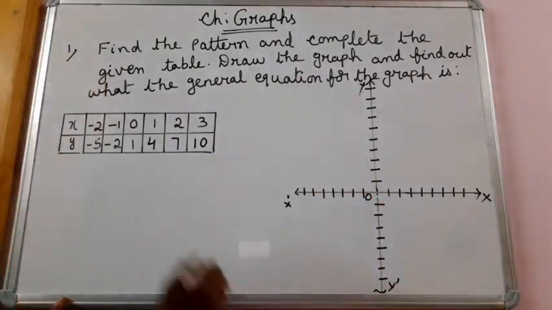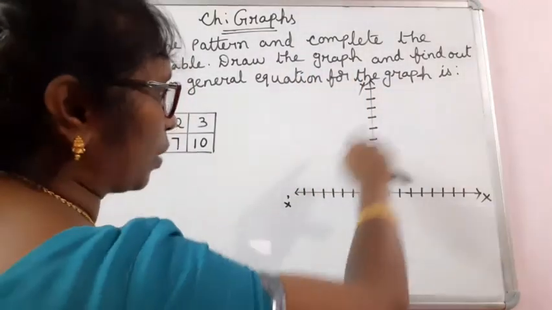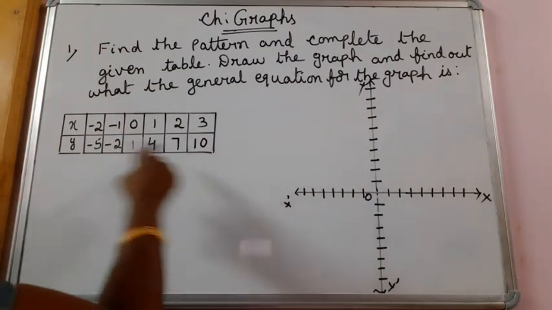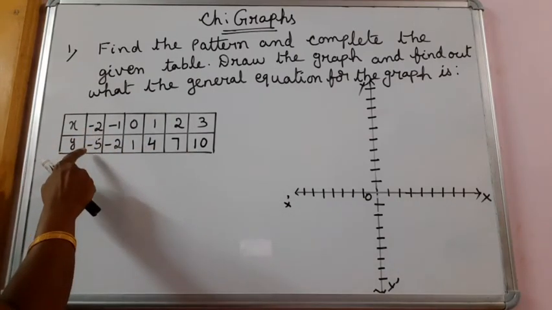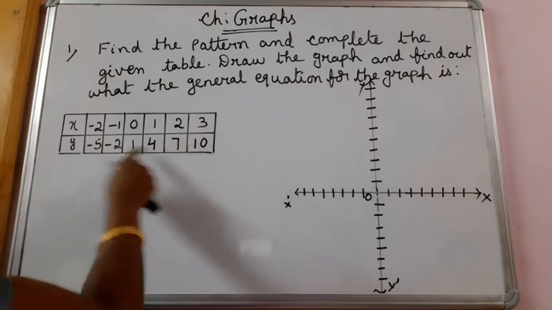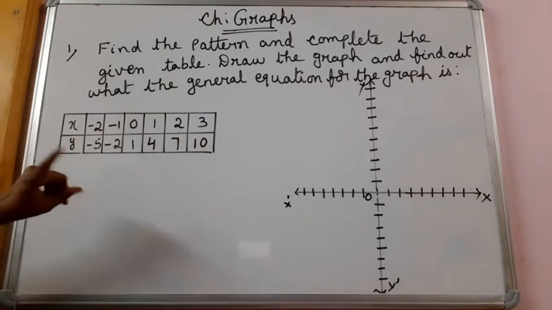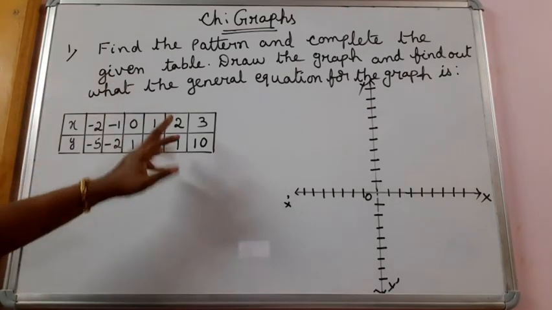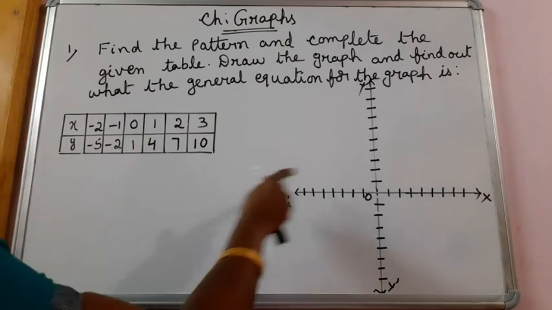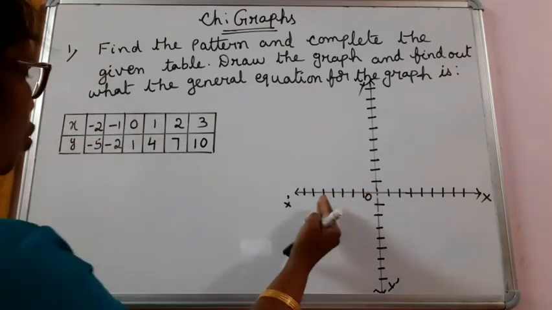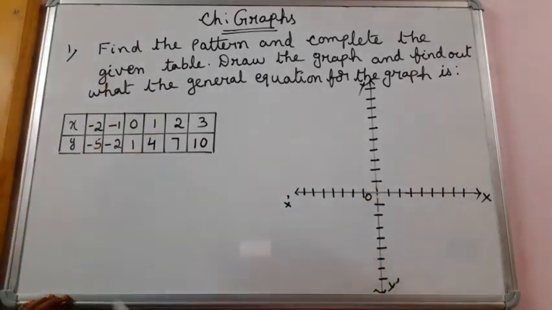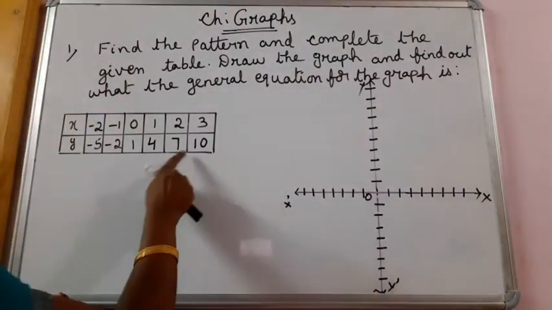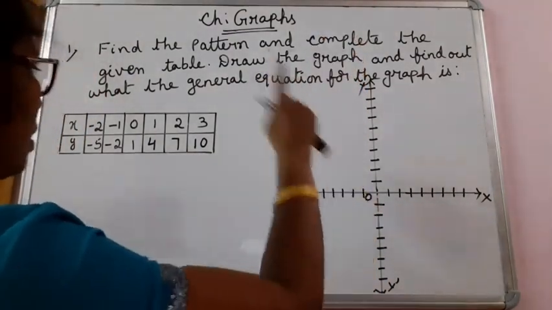We have to draw the graph. Already the graph paper is ready. These lines are not taken, but the x-axis and y-axis I have shown here. We have to draw the graph by plotting these points. The coordinates of the points are -2, -5, then -1, -2, 0, 1, 1, 4, 2, 7, 3, 10. We can see the x coordinate on the left side is only -2, on the right side 3, so not many are required. But the y coordinate goes from -5, below the x-axis, to +10. So let us mark first.